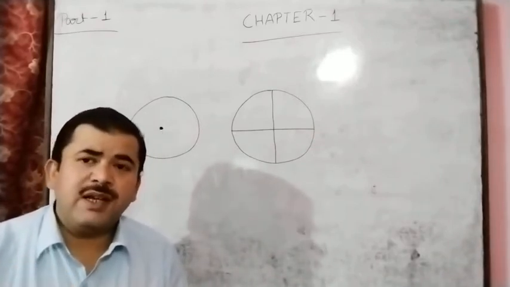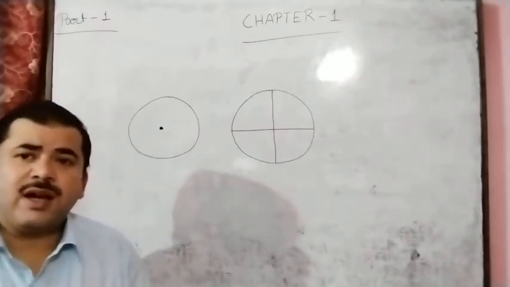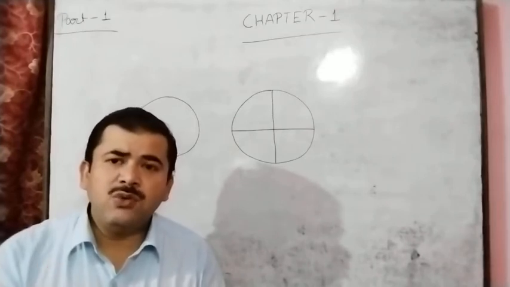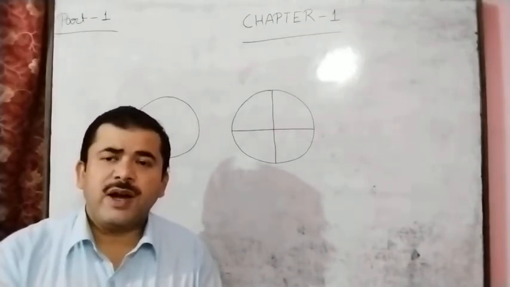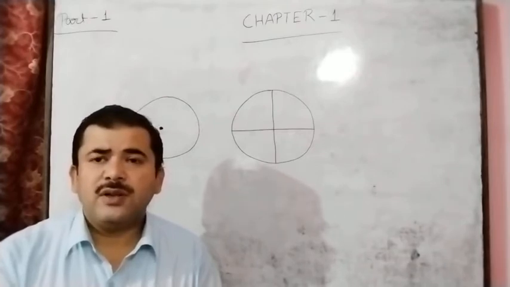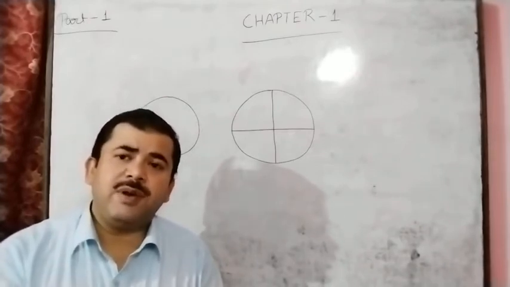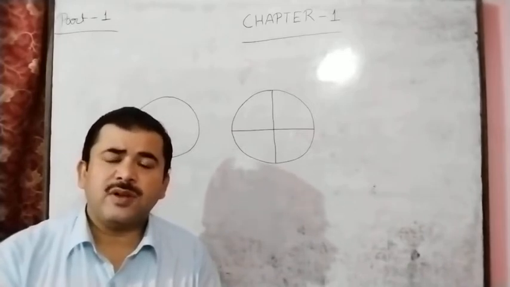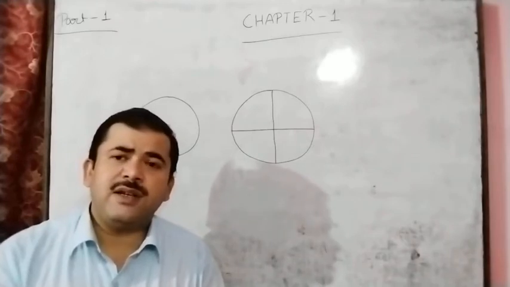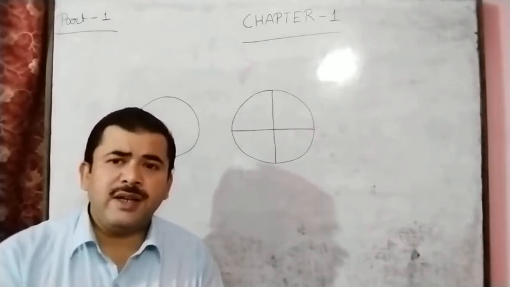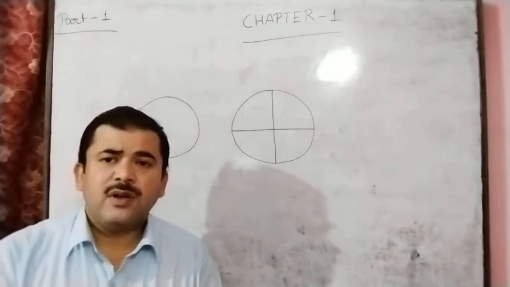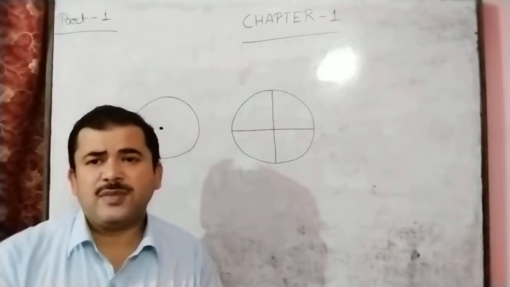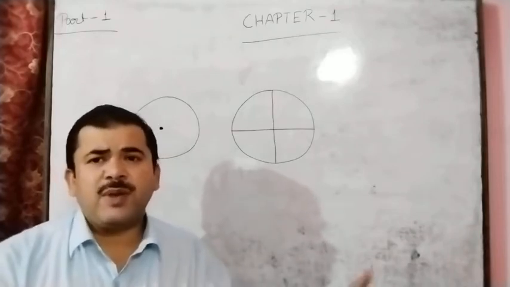According to Berzelius, he used the first letter of the actual name of the element. In some elements he used the first letter for representing the element, in some elements he used the first two letters, and in some elements he used letters from the Latin name. These are the representations by Berzelius.